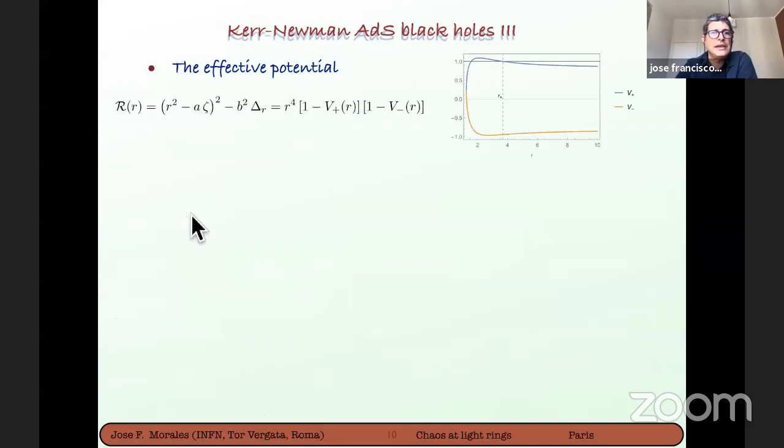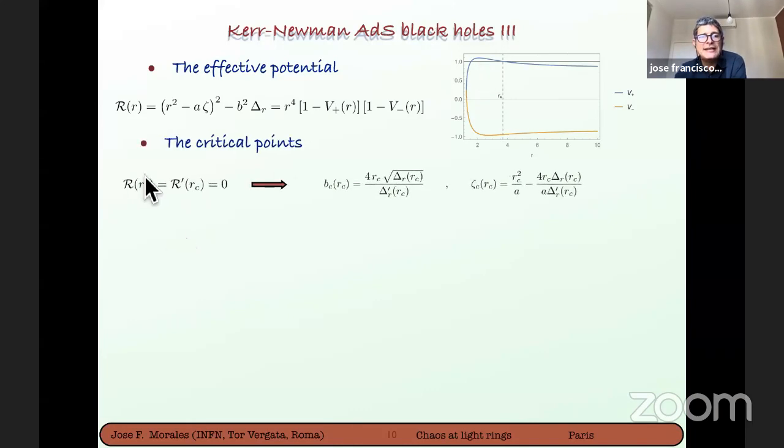Then, another view of this function R: you can think of it as an effective potential. You can write it in the form (1 minus b plus)(1 minus b minus), where b plus and b minus are these two functions I draw here in this graph. And what you see is that if you come from infinity, you see this potential, you come to a turning point, a point in which this function vanishes, and come back. This is a standard turning point. While if this maximum lies precisely at the line b plus equal to 1, then you have a critical point.